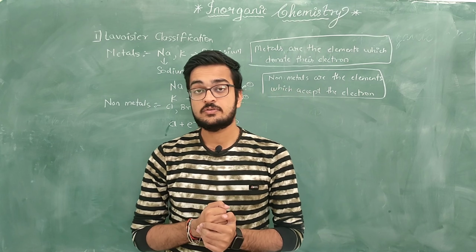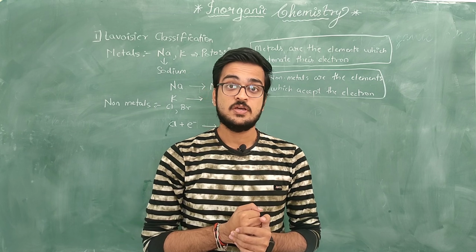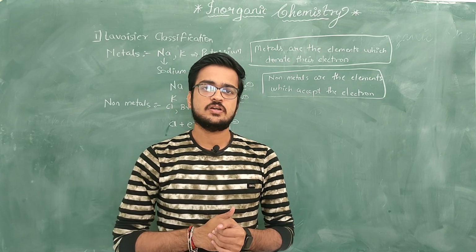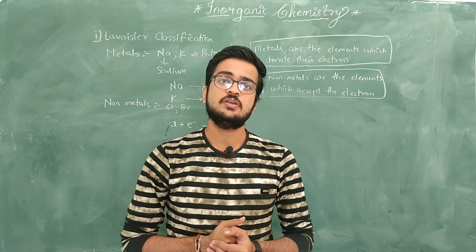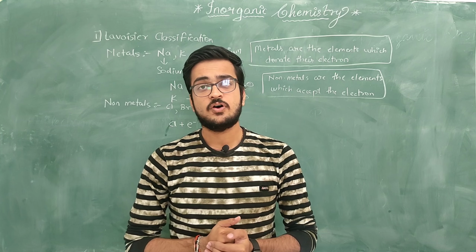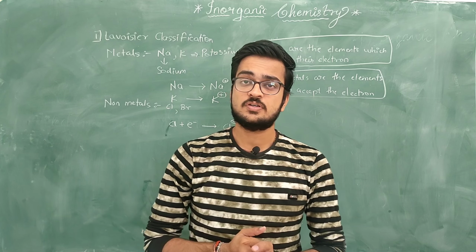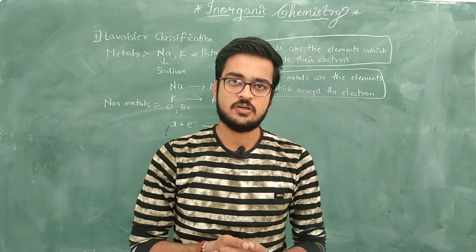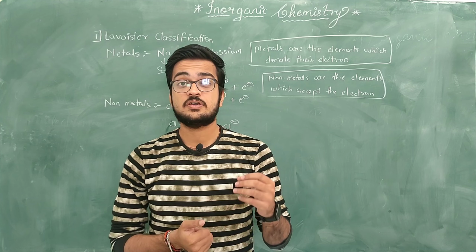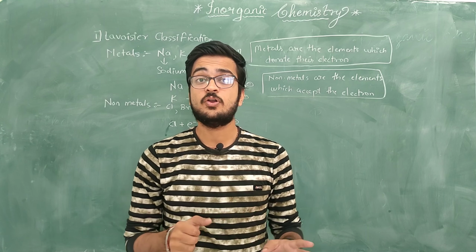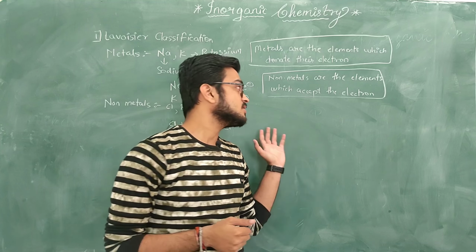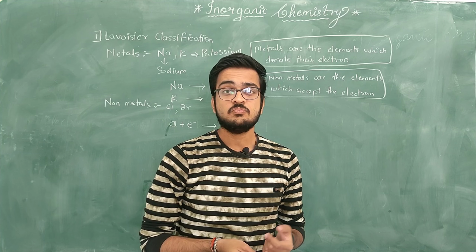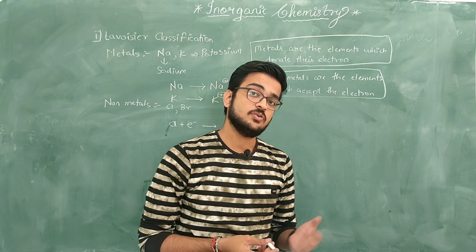There are n number of uses of metalloids, especially in electronics, which we are going to study further. Silicon, germanium, these are used in electronics on a wide scale, and there was a revolution. The discovery of metalloids and the enhancement of their properties was a revolution in the field of electronics. So let's come back to this. This was the first drawback, that metalloids were not known to this.